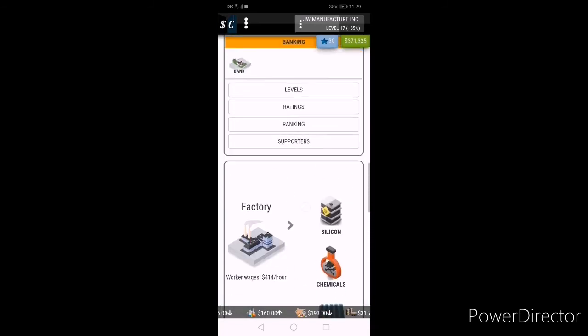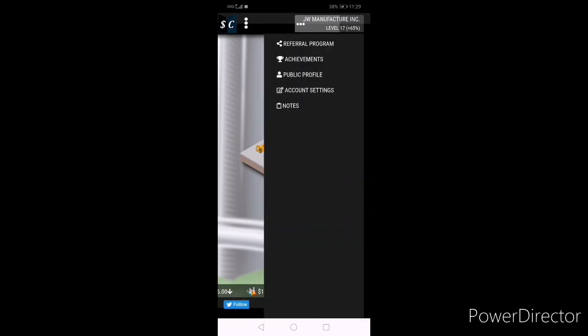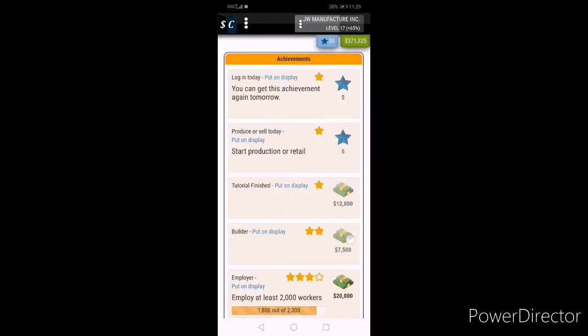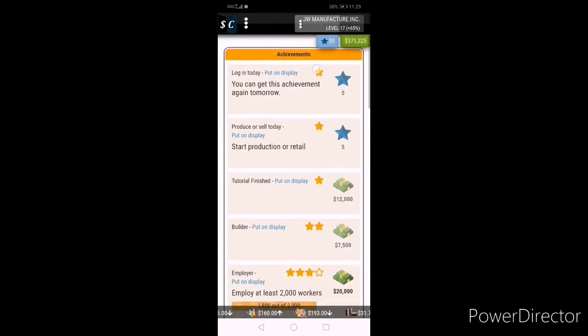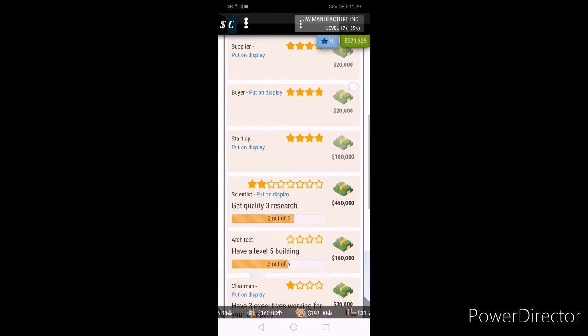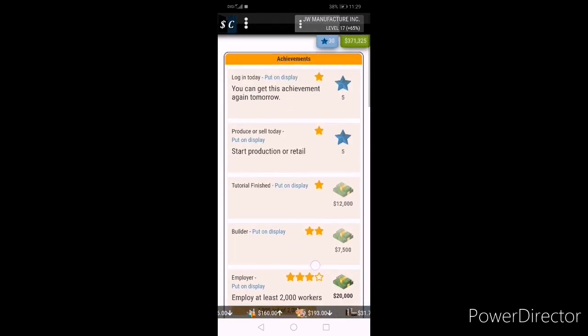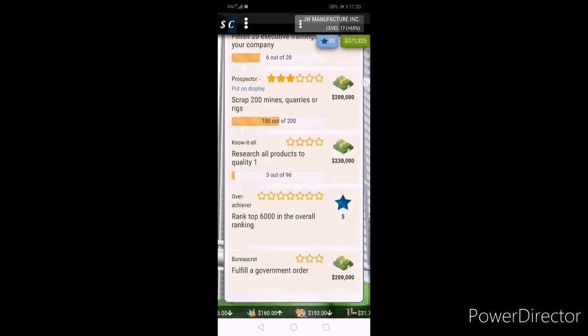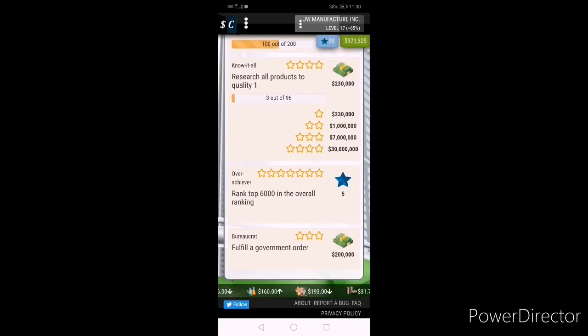Okay, now let's go back to the map and click the right side for the 3 dots. Okay, achievements. These achievements will directly pop out when you completed them. So they give cash for you, and you can check what achievements you have completed and all the other things here. And you can actually see how much for the first, for the second level, third level, and others.